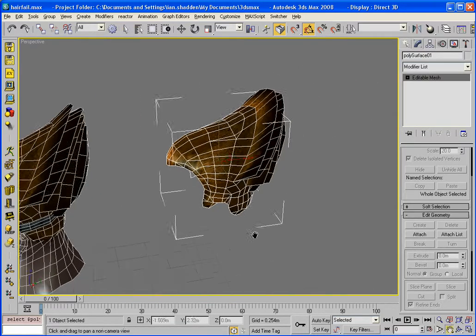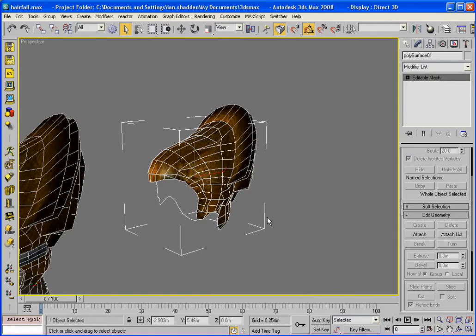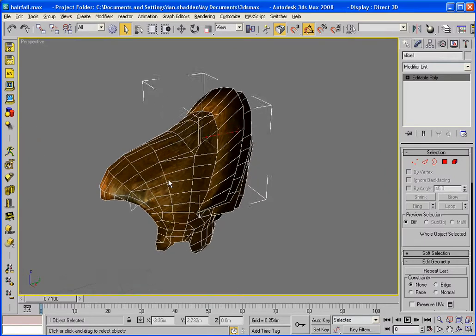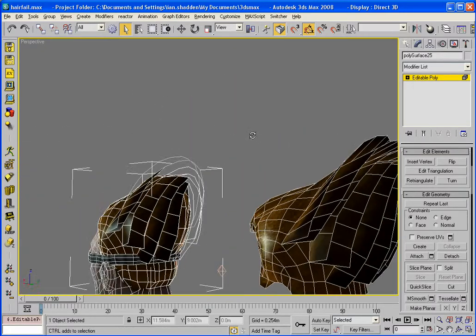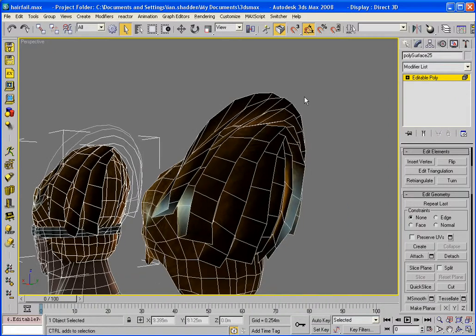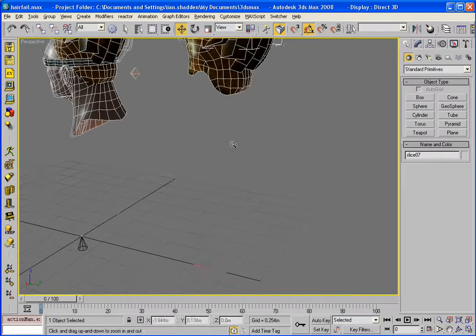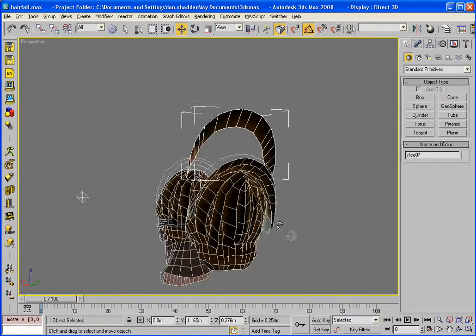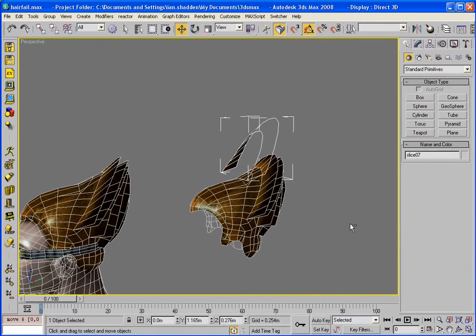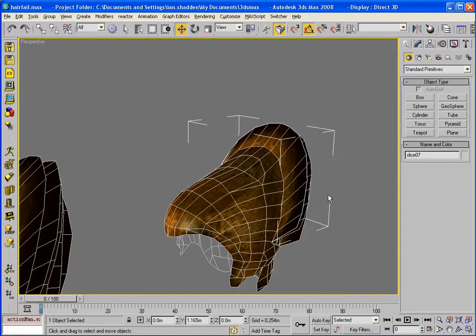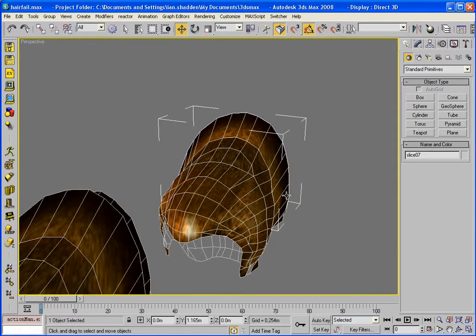I already have another hair set up over here, which I've separated out these fans on the back. Also, there's something else we end up having to do, which is duplicate them. No, these are not double-sided. There are, in fact, two whole meshes for front and back. The reason is, if we order these in such a fashion that forces the renderer to draw back to front, so that the back gets rendered, and then as it moves forward, it's just overlaying the next hairpiece, the next hairpiece, the next hairpiece,